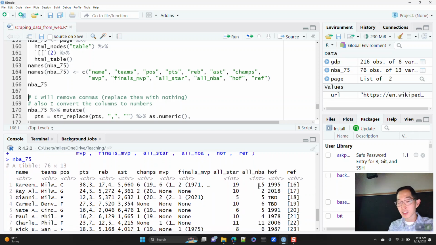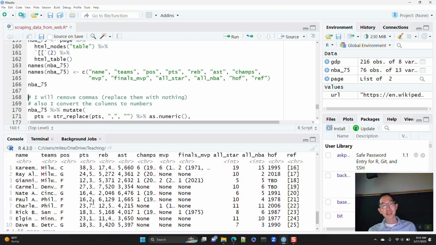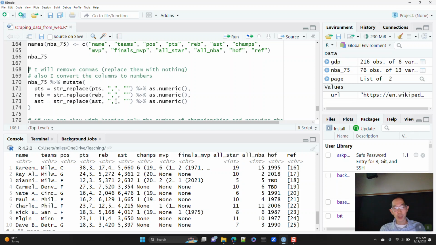Some of these things, when it contains only numbers, R was able to recognize that these are just integers, which is great. But other things, when you have commas in these numeric entries, R doesn't like that. And so we're going to take the points, the rebounds, the assists, get rid of the commas, and make them numeric. And you can actually, within mutate, chain these commands together. So I'm going to say for points, we're going to replace any commas with nothing, basically remove them, and then convert it to numeric after you do that string replacement. So I've got points, rebounds, assists,